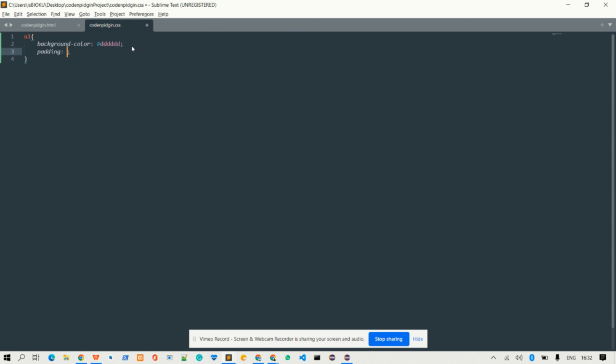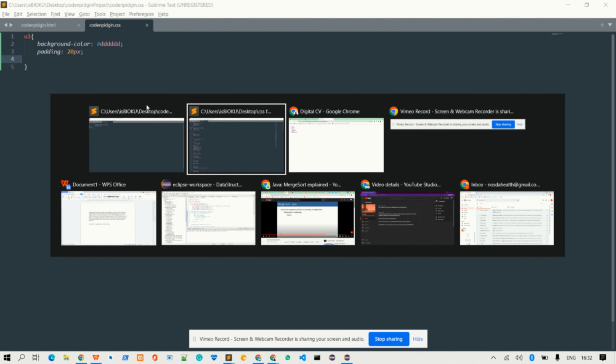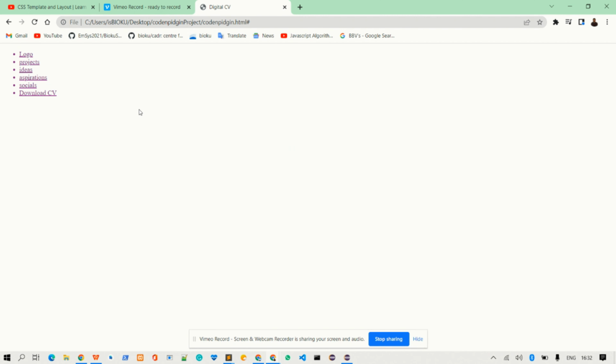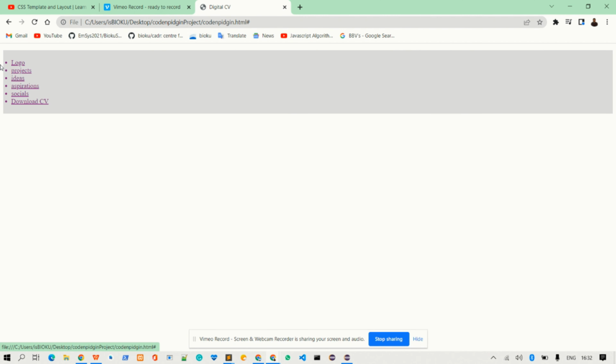I go give my padding to be 20 pixels. Then make I just talk say margin top to be 0 because I no wan make space dey on top am. Before I put this margin top, make I first save this information like this, come go back inside our browser, reload am. Shey you see? You see say now we don get this background color wey dey here like this. So if we no like this background color, I go just come back here, talk say